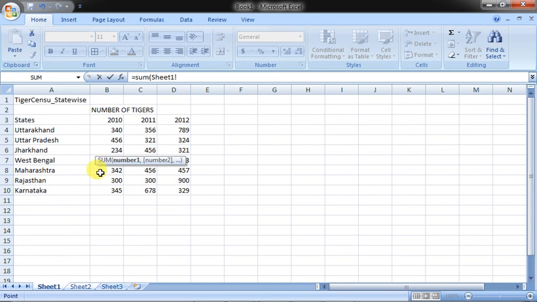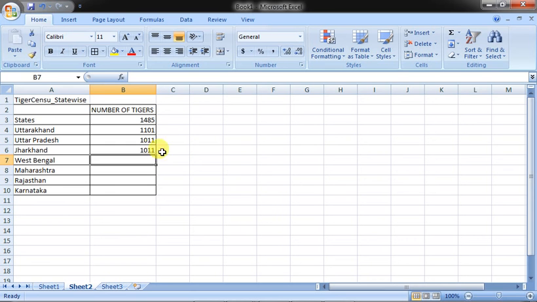Where is Jharkhand? Jharkhand is this. B6 and put a colon sign, removing this one and then put this one, D6. So it is coming how much, 1011. So B6 to D6 gives you 1011.